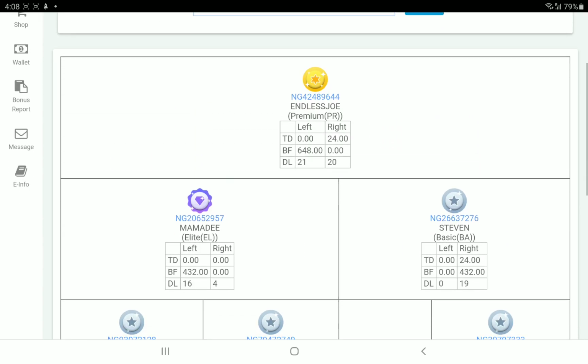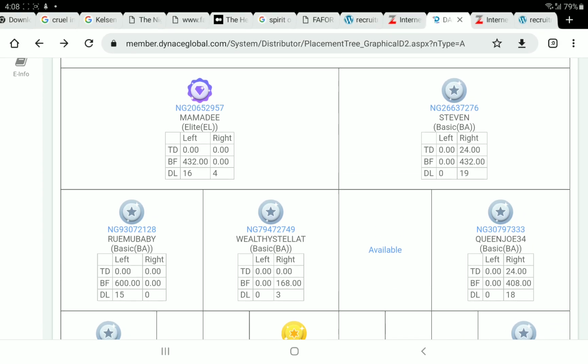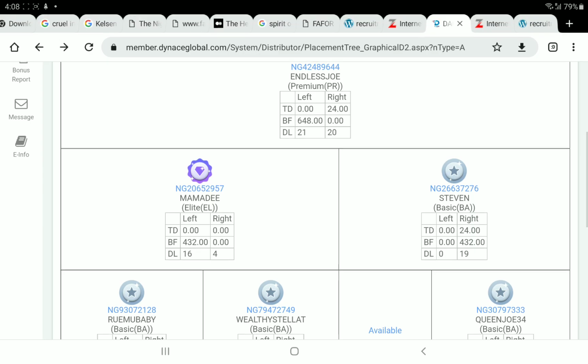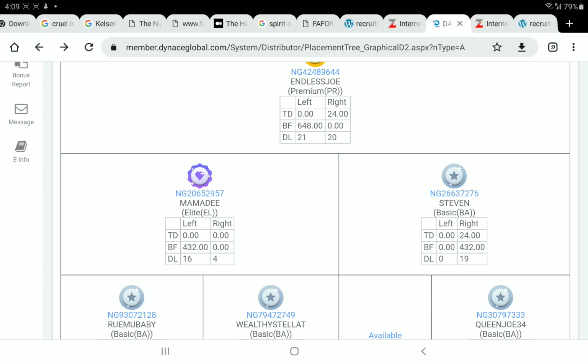So Endless Joe, back to Endless Joe. On the right, now we are coming to the right. On the right, you focus. If you are to do a placement, you focus on the outer right, like what Endless Joe has been doing. So he's getting support on the left, so his own is to focus on the right until he has maxed out the point. Don't forget, you build with